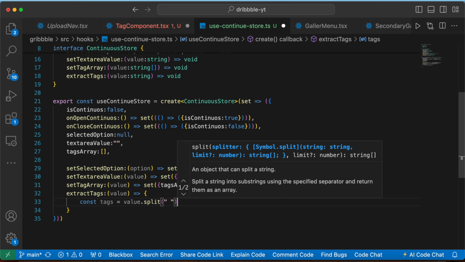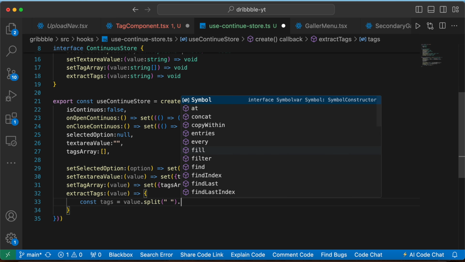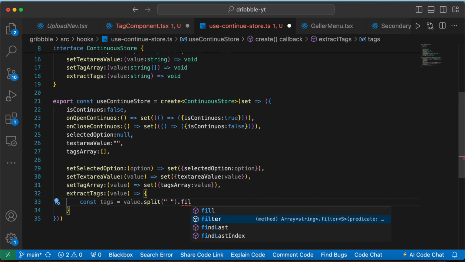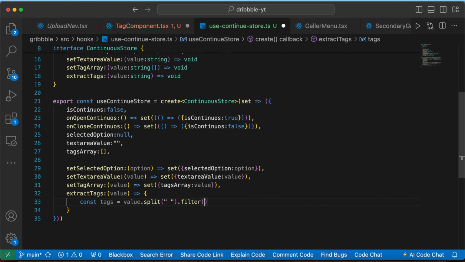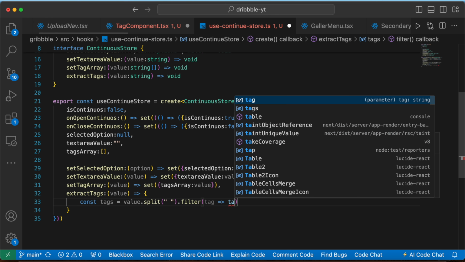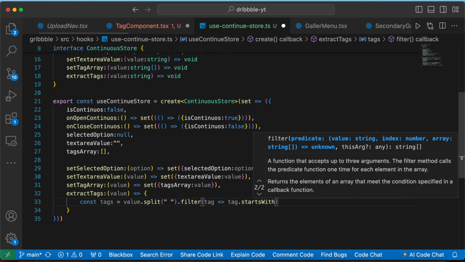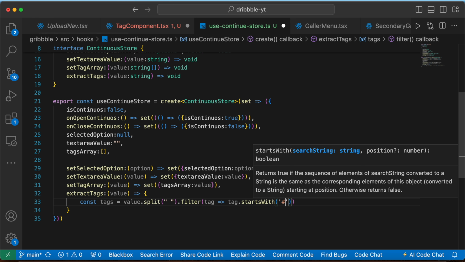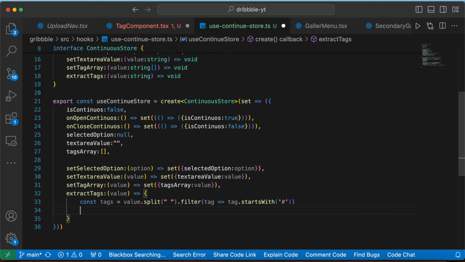Okay, now after that we are going to filter the tags. So filter those which have a hashtag at the start. So we can write tag dot startsWith hashtag,